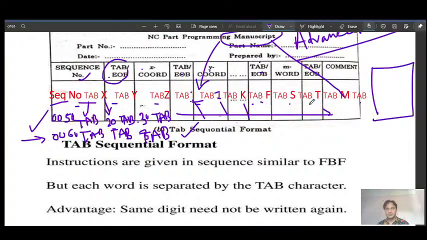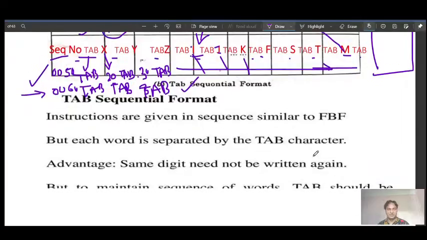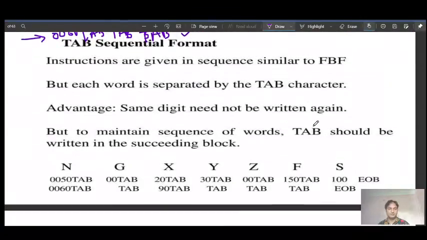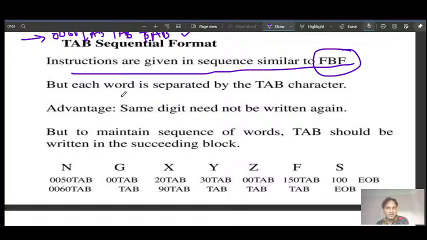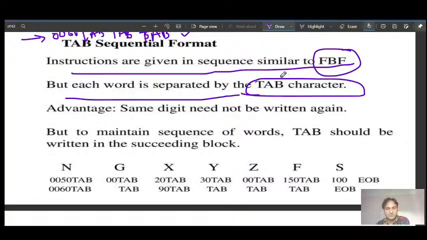And feed, spindle, tool, and other miscellaneous commands can be entered in the same format. So you can see here the tab sequential format. Again instructions are given in sequence similar to the fixed block format, but each word is separated by the tab character. This character tab we have to enter.